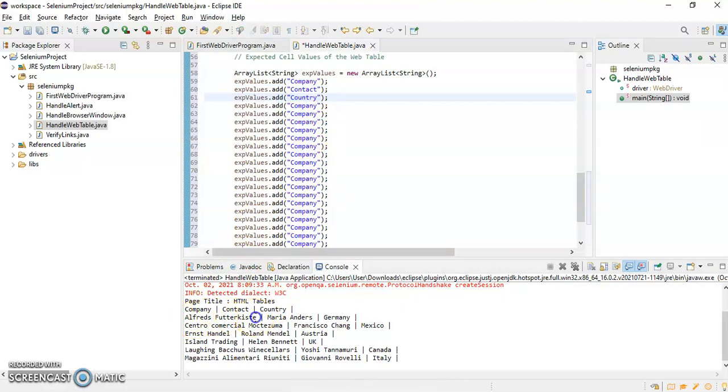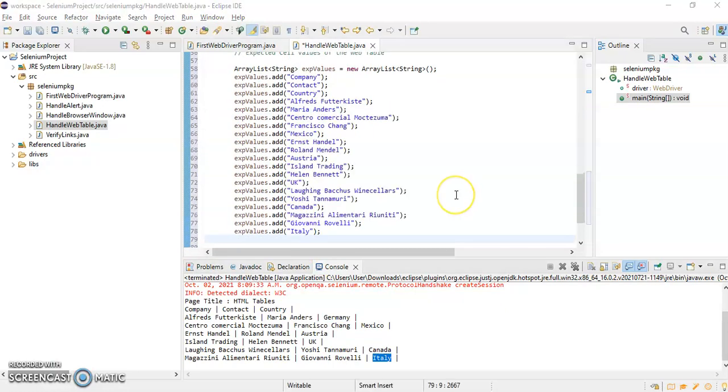After that these values. Then I have this one. Let me just copy paste all the values. So I have added all the expected values, you can see, using the add method, and I have added all these values to our expected array list.